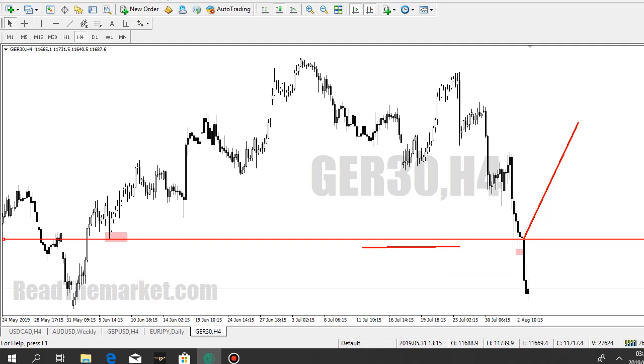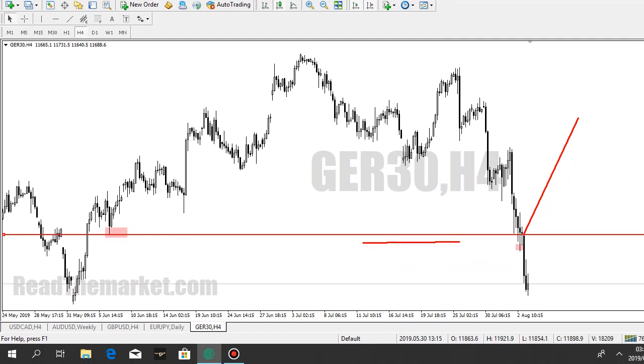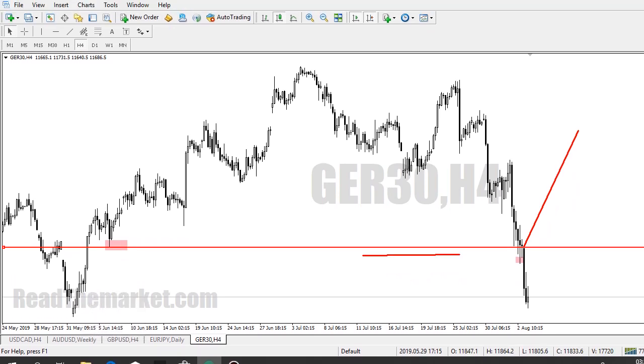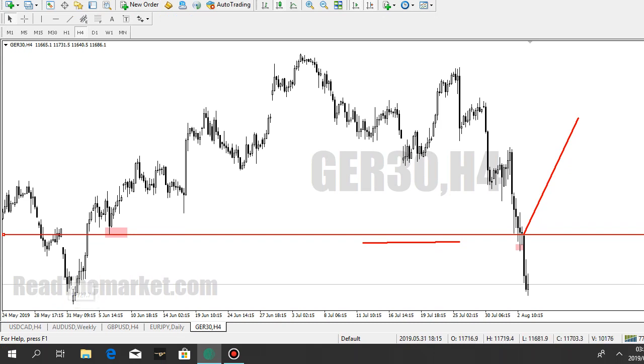So when I'm looking for a Quasimodo, I'm always looking for a shoulder and a head. So we have this shoulder, this is the left shoulder, and then this is the head. At this left shoulder, as you can see, there's another clue that's saying this level could actually work out pretty well, because we have what we call a rally base rally. So it's a rally base rally. At this point, this candle that is different from the rest is called a base candle, which is a rally base rally,